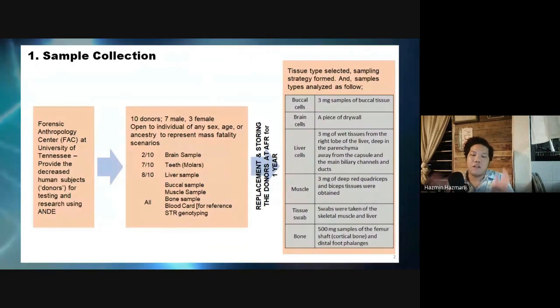The period is usually one year. Whether they are collecting a tissue, it is listed in the table. They have muscle cell, brain cell, liver cell, muscle tissue structure, and bile. So the next slide shows